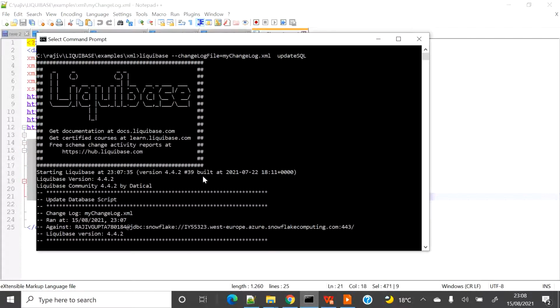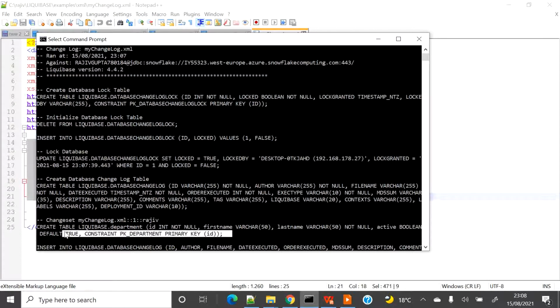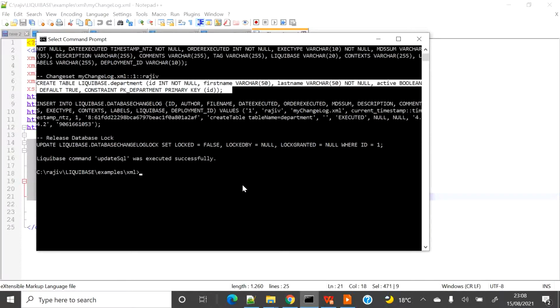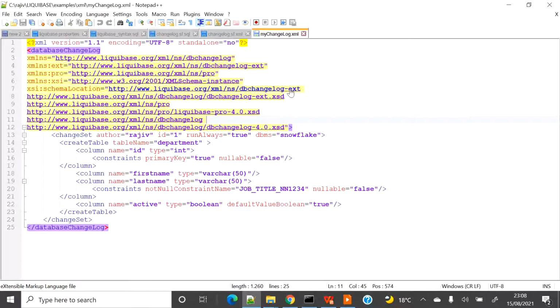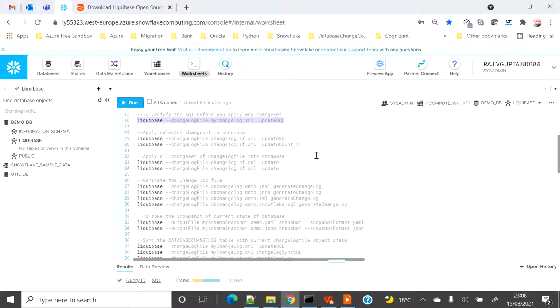But if you go here, you will see that it was presented in .sql format. So basically you can see what is inside your change log before you apply. And once you are confident, okay, you want to apply this, you can go and apply with XML, and you just have to remove the SQL part from here and it will apply on the database. So I'm not going to start with this. Let's start slowly, one by one.